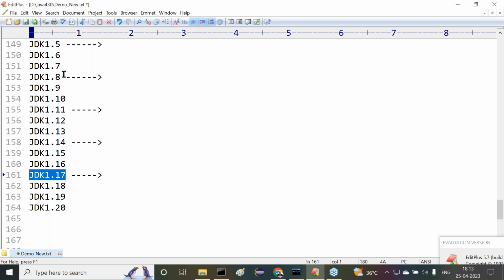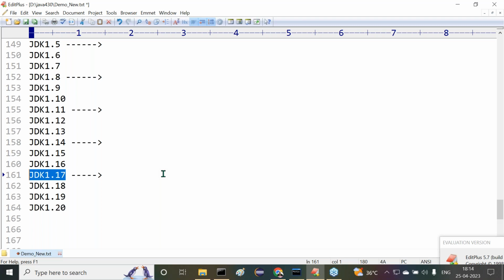Up to JDK 1.8 version, they have used Java in a stable mode. Now they are switching directly from 1.8 version to 17. So they are moving to the 17 version. Definitely we need to have awareness of the 17 version. As companies are using Java 17 now, definitely we have to update up to Java 17 version.